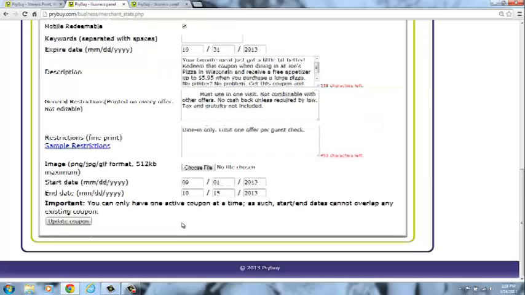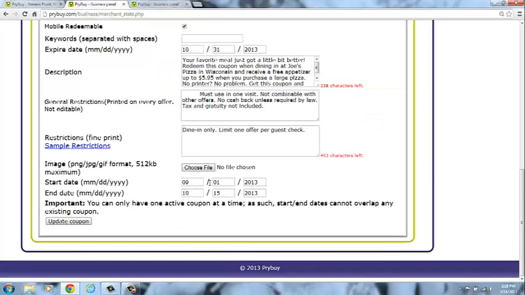Finally, the dates you would like the offer to run on the site. In this example, I would like this coupon to expire on October 31st, and I'm going to have it run from now until October 15th. At that time, on the